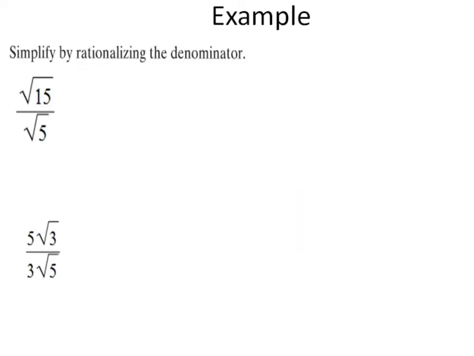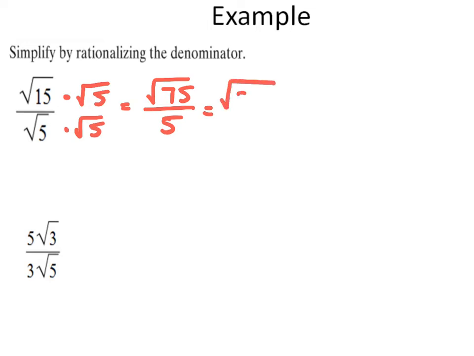Pause the video and try the first example on your own. In the first example, we have to rationalize the denominator. So we multiply the numerator and denominator by the square root of 5. So 15 times 5 would give us the square root of 75, and root 5 times root 5 will give us 5. Now if I simplify that square root of 75, we know the biggest perfect square it divides is